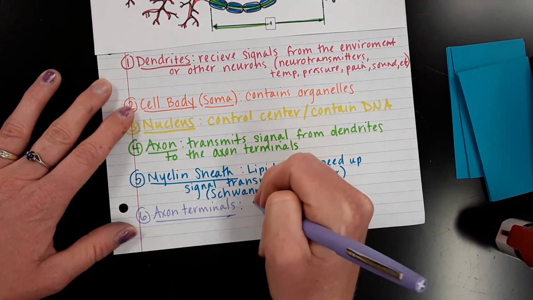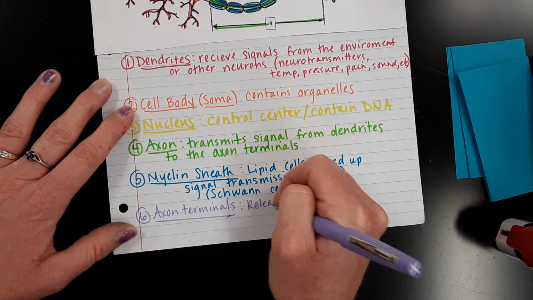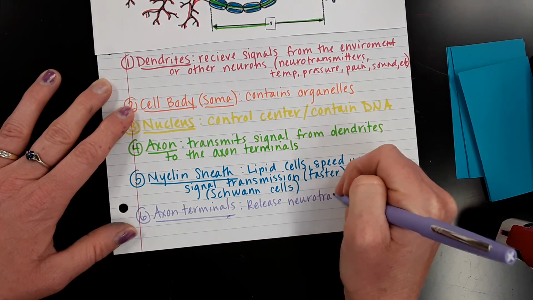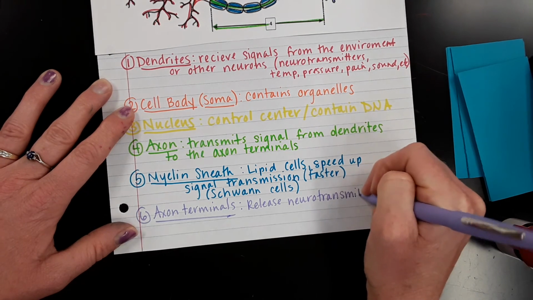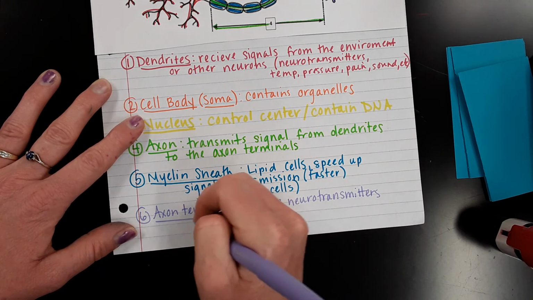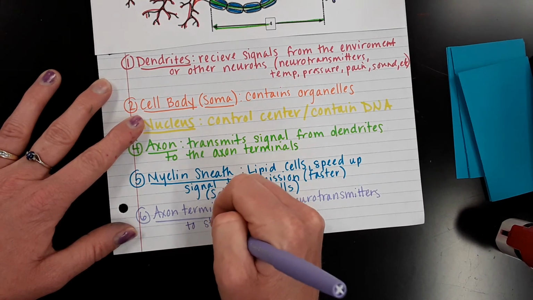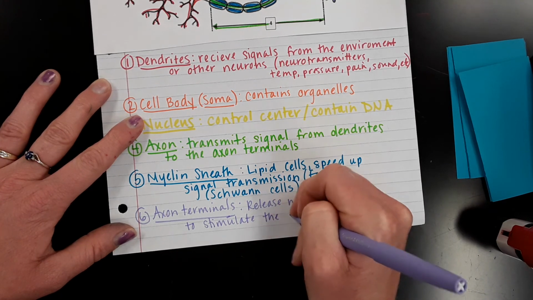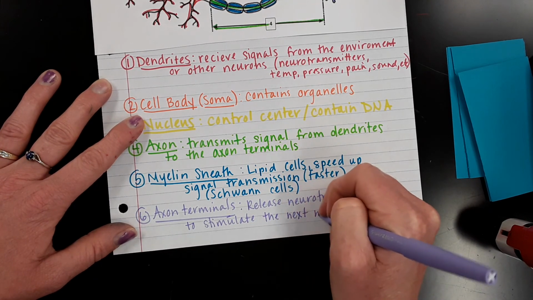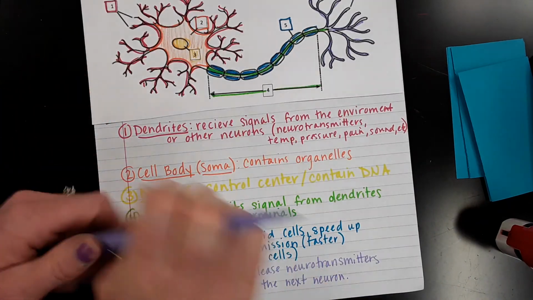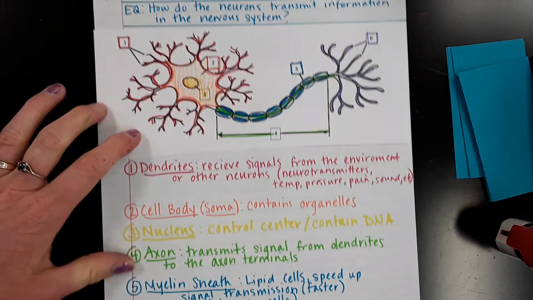And the axon terminals release neurotransmitters to stimulate the next neuron. Okay. Now with these neurotransmitters, so these neurotransmitters